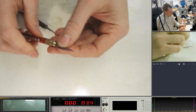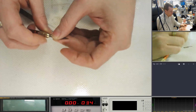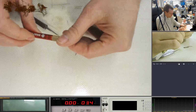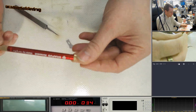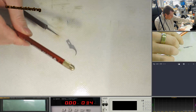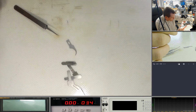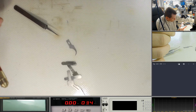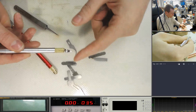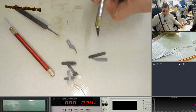So even just off using this again after you end up breaking that, I don't know if they've got any spares. We'll have a look on their website in a sec, but I'd certainly buy more of those. It'd be nice if it did ship with more tools. As far as I can tell, I can't remember now if it shipped with more, but I know my last tools that I got, the last glue remover or whatever you got, is this one here, which you can see the difference. If we flick over to the microscope,